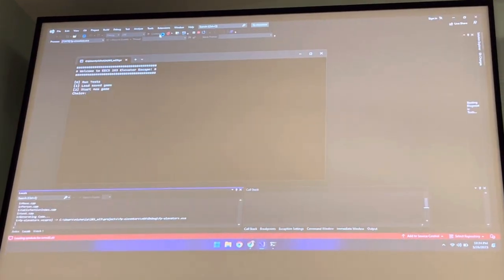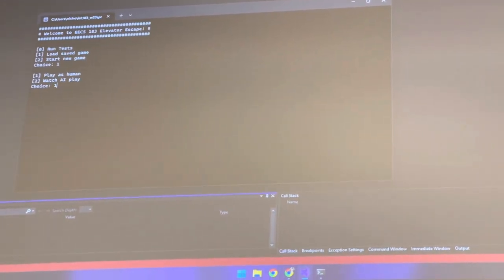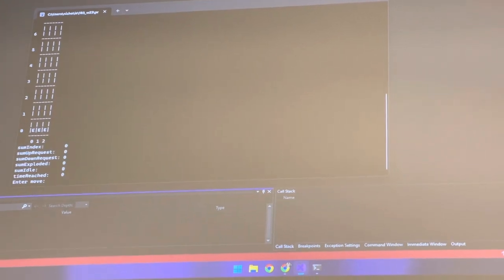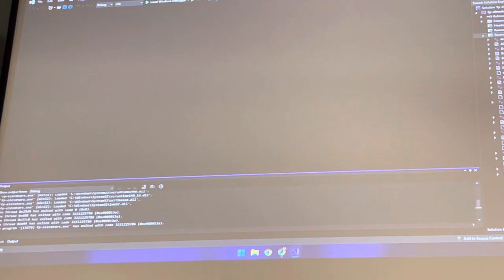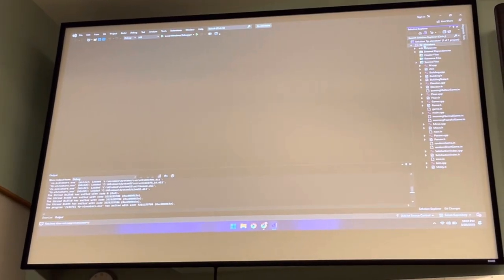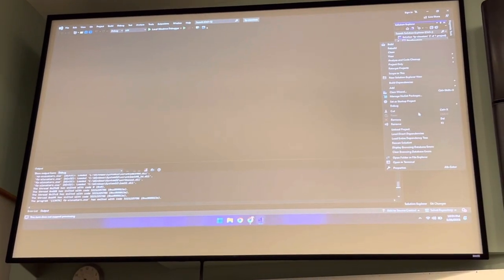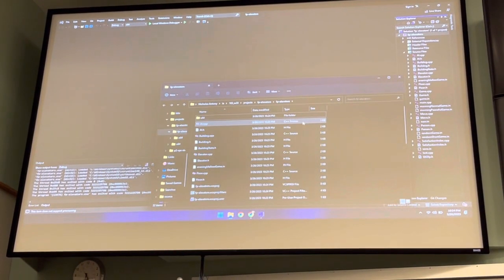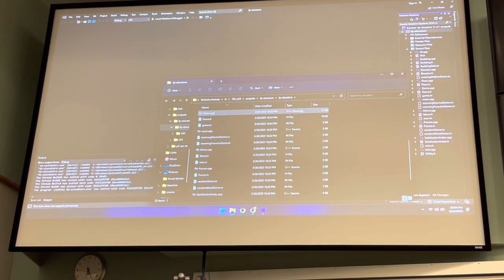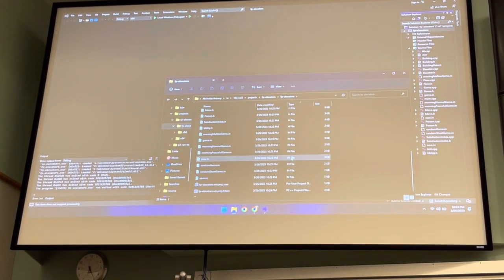And again, this is the starter code, so nothing is really implemented. But if I say load, save game, and play as human, you can see I don't really get any errors. And if I were to just prove to you very quickly that this is the working directory, I should be able to go to my File Explorer, find all of my text files,